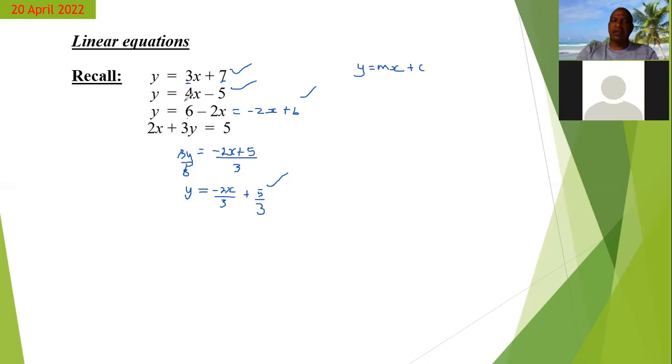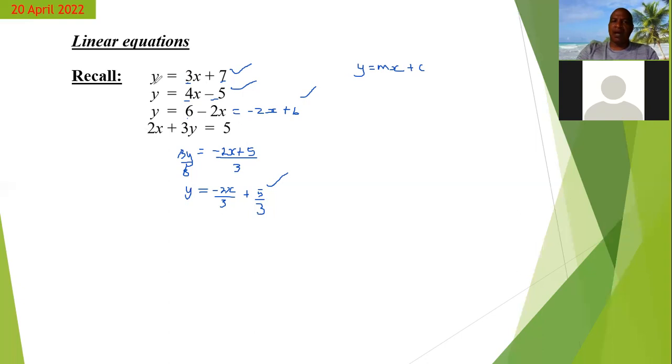If we look at the next one, we see that the 4 would be the same as the m in the general form. And the c now would be minus 5 for the general form. So once you look at all of them, you should be able to compare them to the general form. So from all of them, you should be able to say what m is and what c is when you look at them, once they are written in the form where y is on the left-hand side by itself,